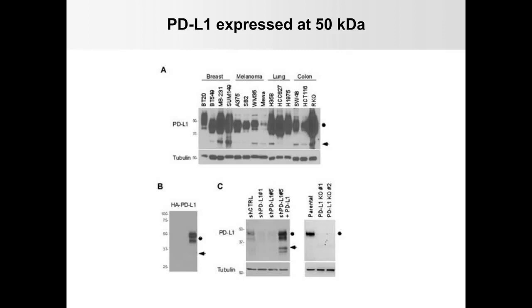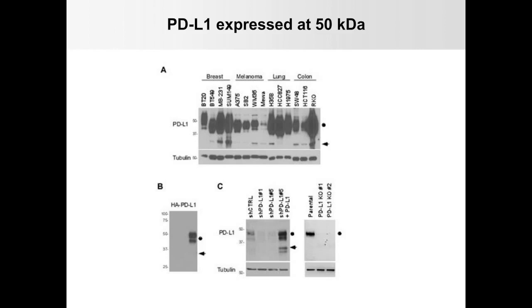So as I mentioned earlier, inside the triple negative breast cancer there are a lot of infiltrated T cells. However, cancer cells still grow. So therefore, we suspect that triple negative breast cancer must have some kind of immunosuppression mechanism. One molecule of interest is PD-L1. This protein is expressed on the cancer cell, and it's supposed to have a molecular weight of 33 kilodalton.